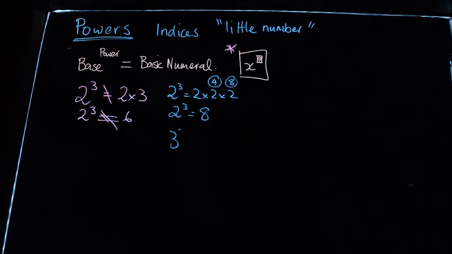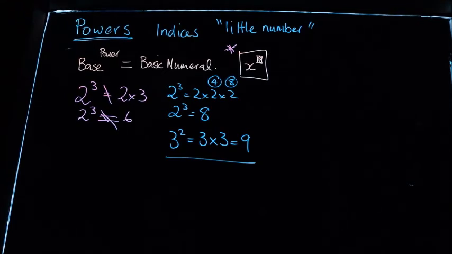Now, let's just be very careful, because you might see those switched around and you think, oh, I know that's equal to 8. Think very carefully about what it means. This is 3 times 3, and that is equal to 9. So don't go making those mistakes. And